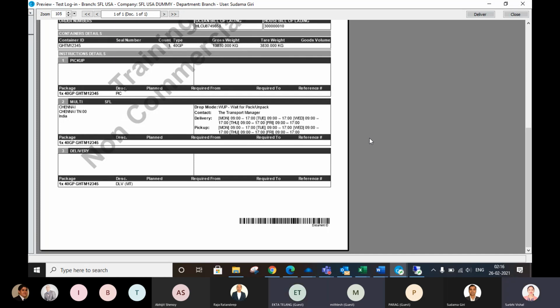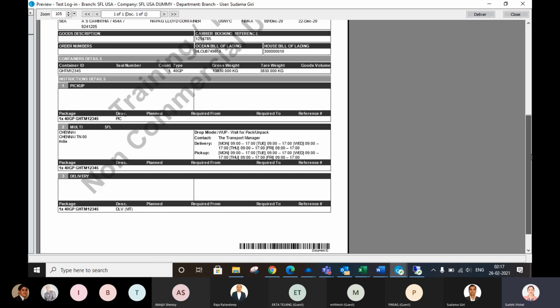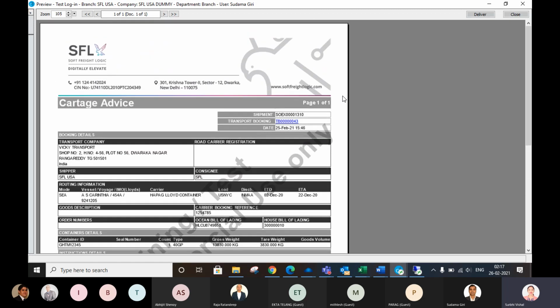Okay, this does look like a trio kind of thing. I mean, the delivery order. Once we have any live file for your hands-on practice, because we do not have that much information, most of the columns are coming up blank. Once we have any demo file from your company, then we can do proper data entry and generate the cartage advice. So okay, the DO will be the cartage advice.